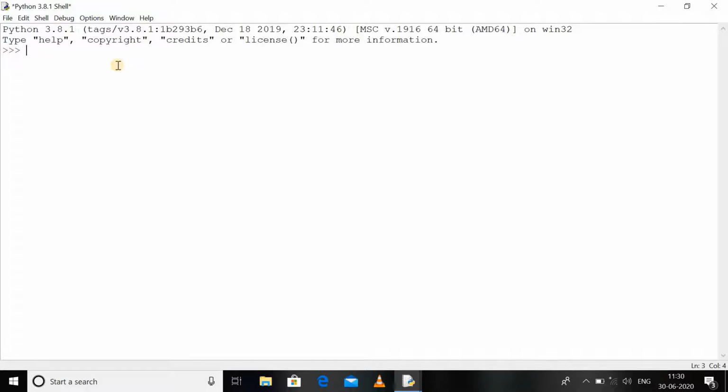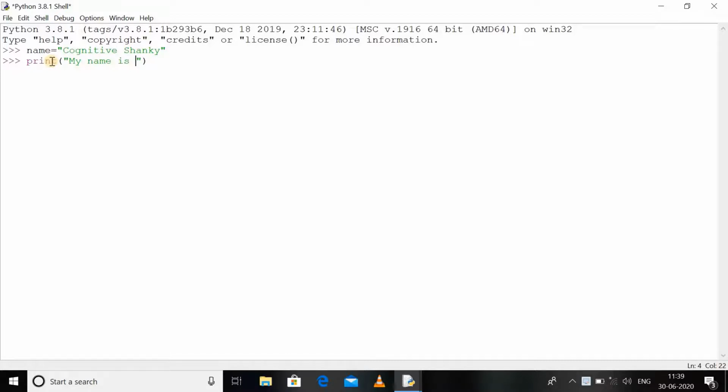So let's just try it. Let's say I have a name variable and I have stored cognitive Shanky in it. Now if I want to print this name along with a message, let's say my message is my name is, and after that I want to print cognitive Shanky.